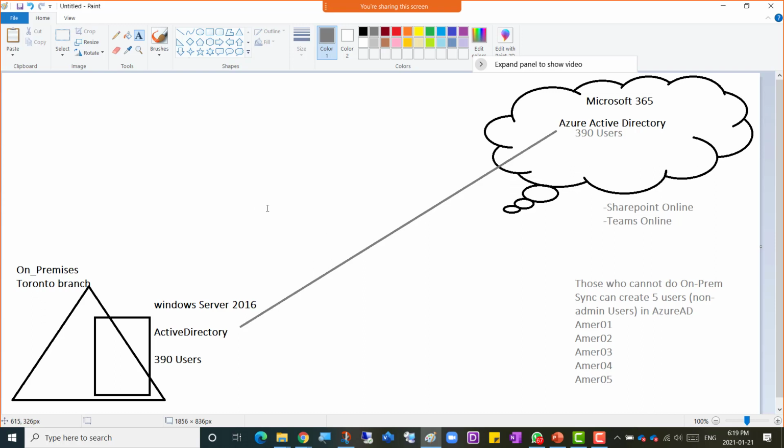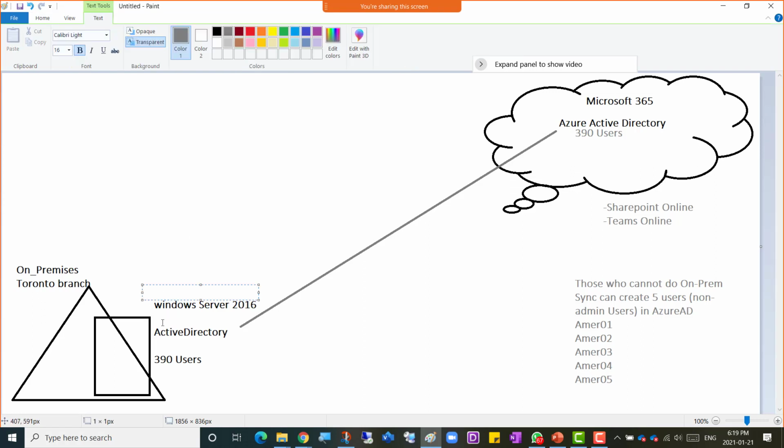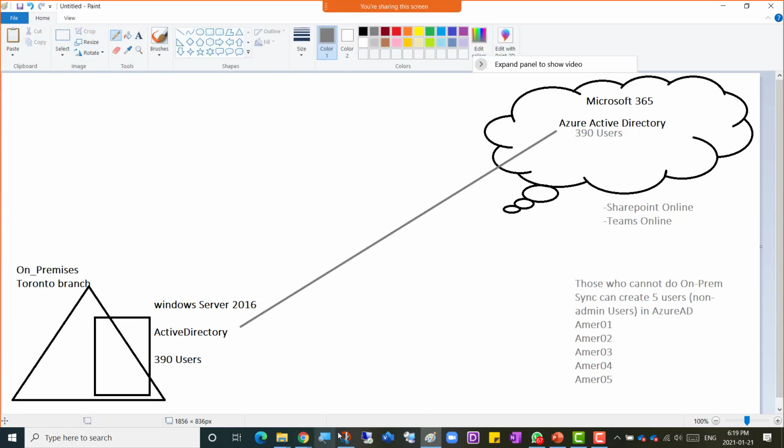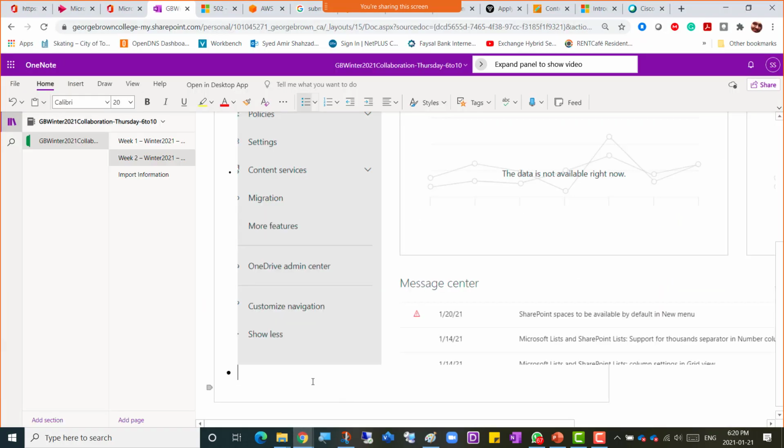Okay, so I'm gonna go ahead and we're gonna create our on-premises environment, install Active Directory, 3 users with PowerShell script, and put it on internet connection here. And our other environment is pretty much ready. So I'll just put those major steps only here. So connecting on-prem users to Cloud Lab,